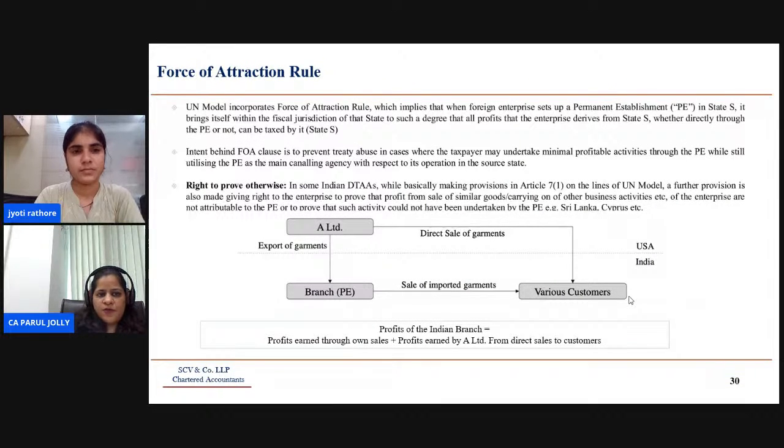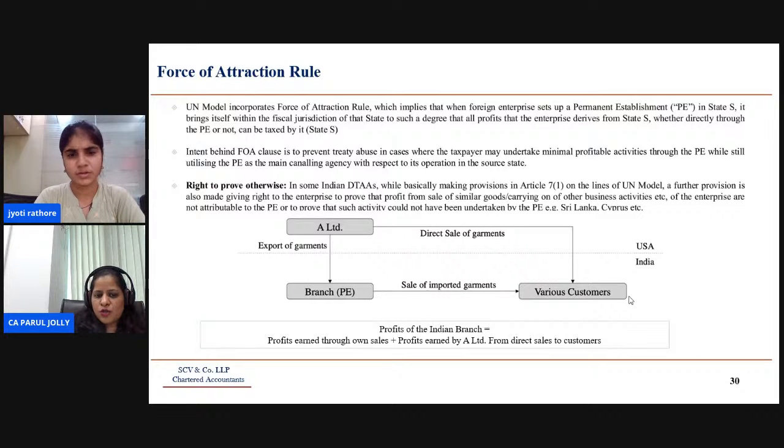So, to understand this force of attraction rule, I've given an example. A Limited has a branch which is considered as a PE in another jurisdiction. It exports garments through that PE, and it also has direct sales of garments with various customers. So we have this force of attraction rule in the India-USA treaty, as a result of which the profit of